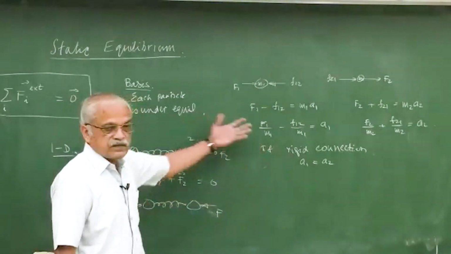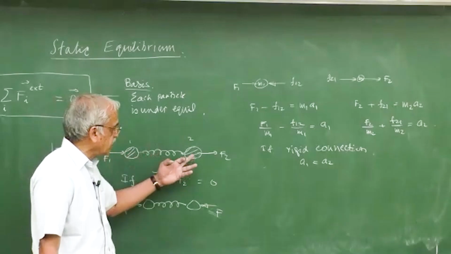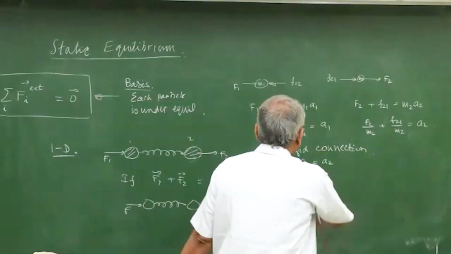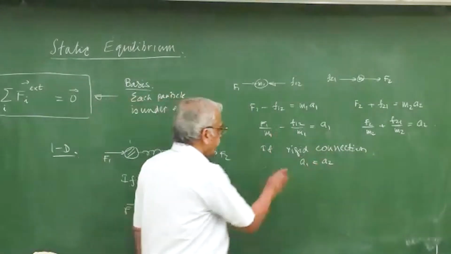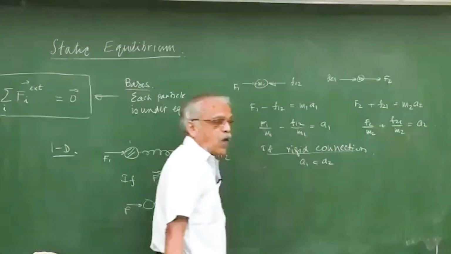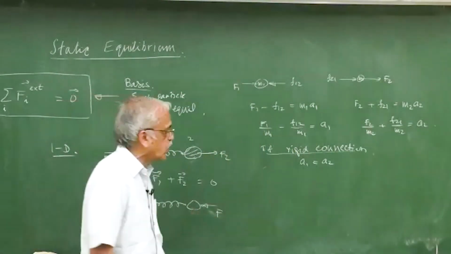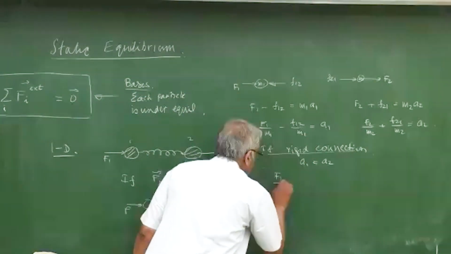If this is a one-dimensional motion, and this is moving with a certain velocity or acceleration, this also should have the same velocity and acceleration. So if we put this one, I'm just trying to find out, if the body is rigid, what should be the force? That's my goal. So if A1 is equal to A2, then what I have here,